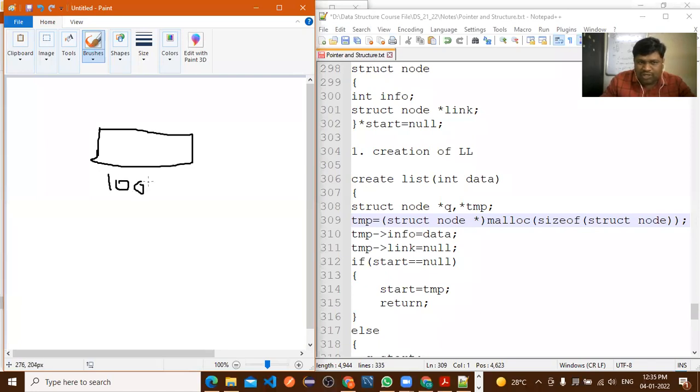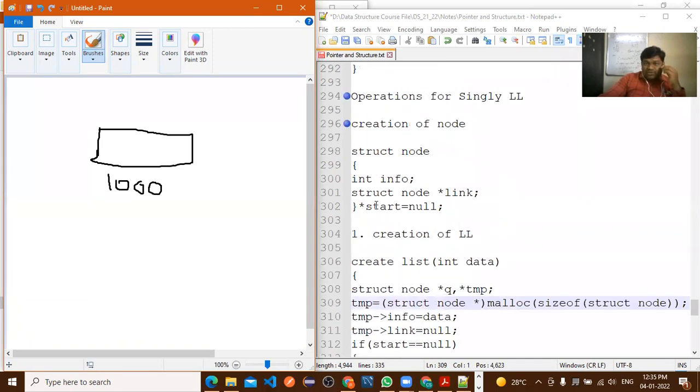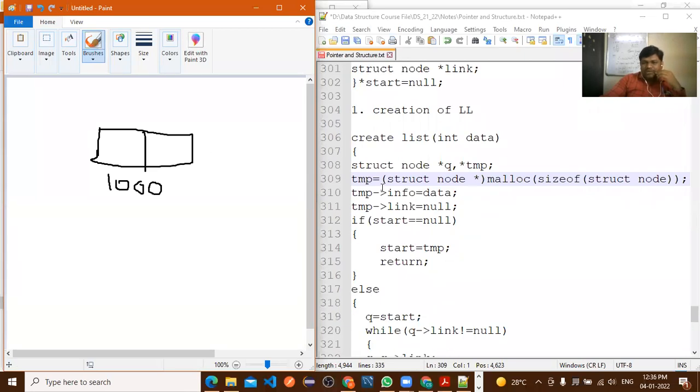Suppose we assume the address here is 1000. And how many parameters are there? Two parameters: first is the info and second one is the link. Now assign the value to the info. So here we'll assign the value data, whatever value you are considering for the data.